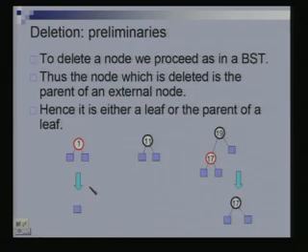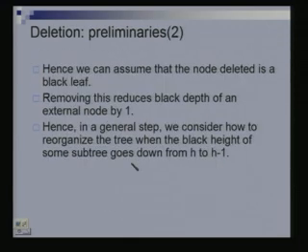Why am I saying subtree? Well, this is a subtree. What is going to happen is that as we do our reorganizing, this tree could become larger and larger, whose black height has been reduced by 1, and we'll see that. This procedure is going to have a bunch of cases. So let me assume that this is the tree whose black height, because of the deletion, has been reduced by 1.